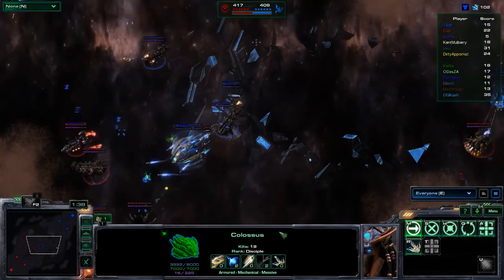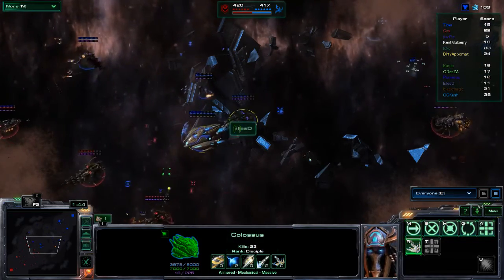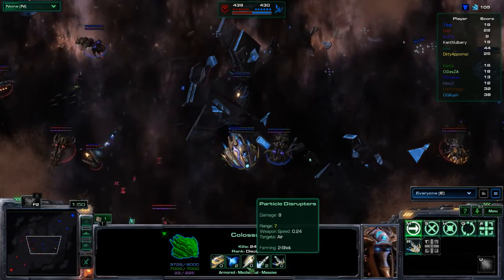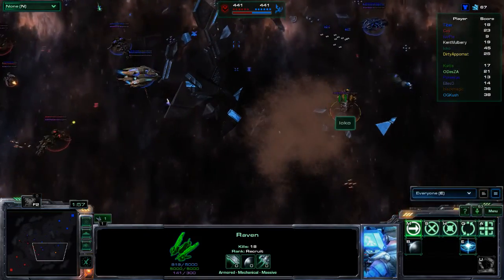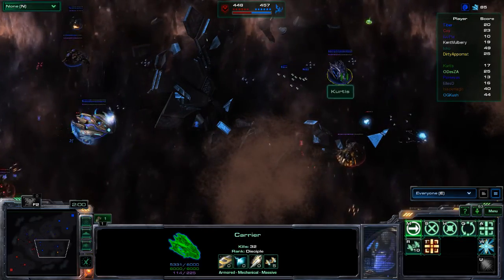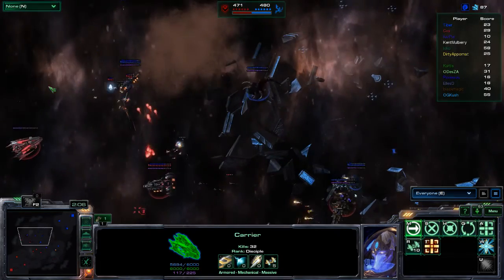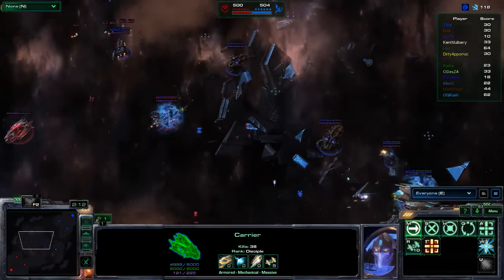Odessa went 2 Colossus with, I guess, 2 speed? I don't know. No, he went a range. Alright. Pronexus went Imp. And Curtis went 5. And so this is a 2 Guardian carrier frigate